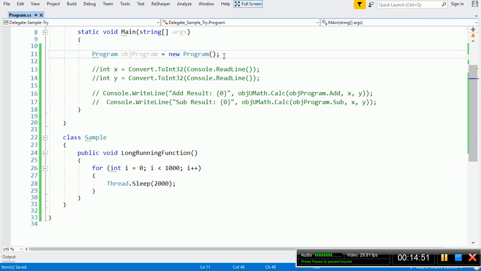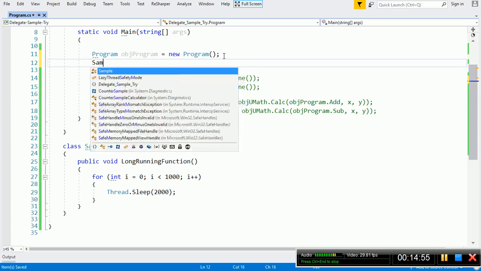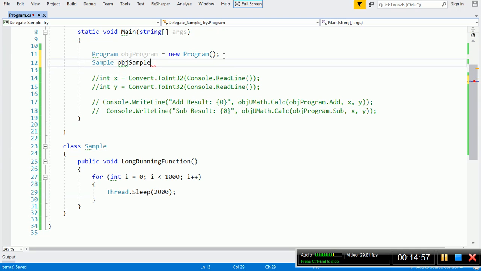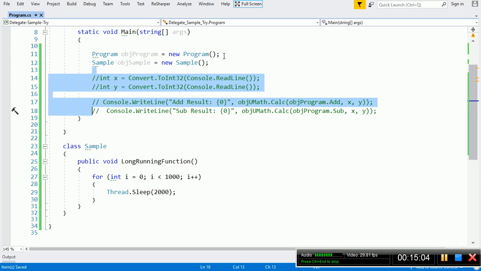So we will call this function. I will keep this: Sample sample equal to new Sample. Delete all this instead.